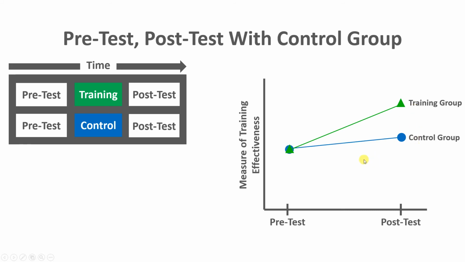So what we would hopefully like to see, and this is why we do a pre-test often, is to make sure that both groups are comparable or roughly equivalent prior to engaging in either the training or the control. Okay, and so this is what we would love to see here, is that both groups, their average scores on the measure of training effectiveness are approximately the same prior to engaging in the training program. So then we can be more confident that any differences we see, any differences in terms of rate of change from pre-test to post-test, is likely attributable, at least in part, to the training itself.